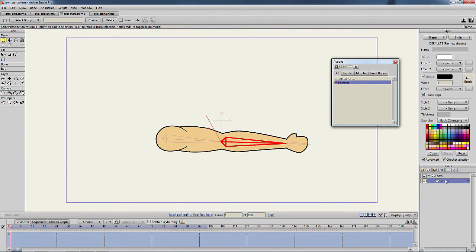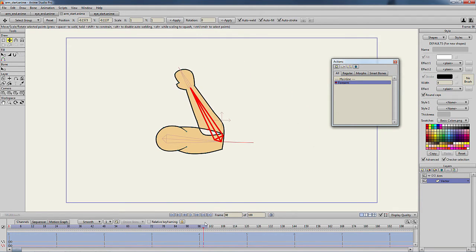We then select the vector layer, then start pulling points on frame 1 to shape it. We then do the same on frame 100. You can use any of the drawing tools to shape the vector layer.